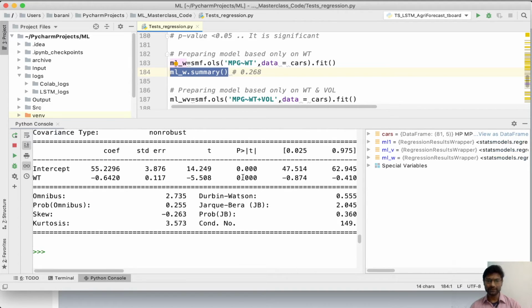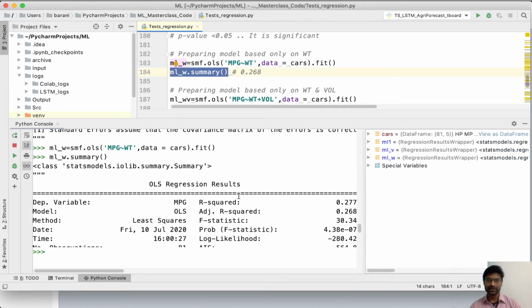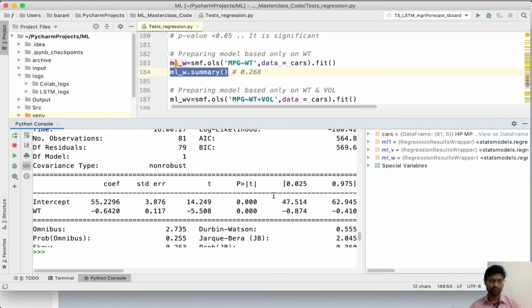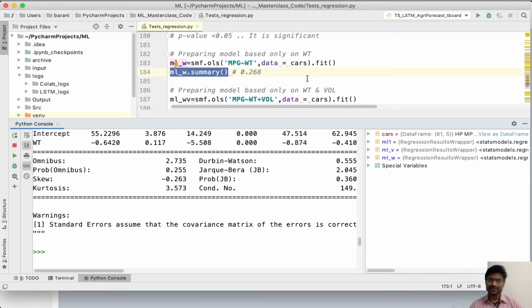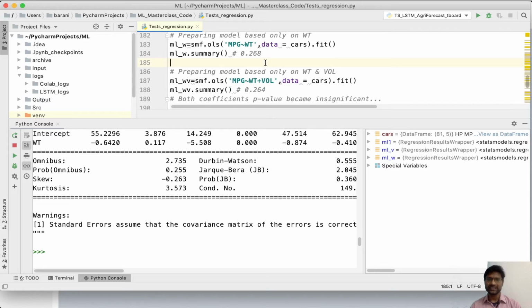Even in this case, my p value is less than 0.05, and the adjusted R squared is of the same order, somewhere around 0.2. So this still contributes to the model output and seems to be positive enough. So whichever variables are being problematic, we will combine both of them and see how the result is in this case.